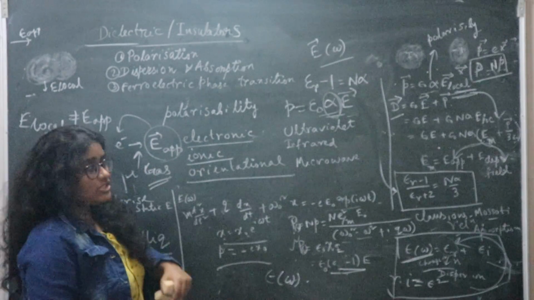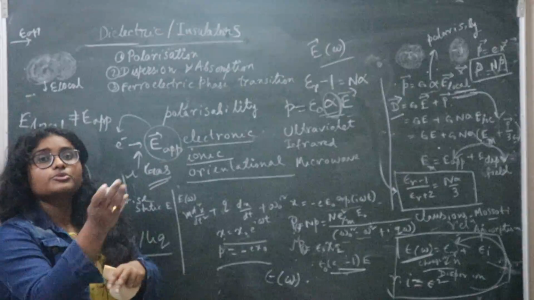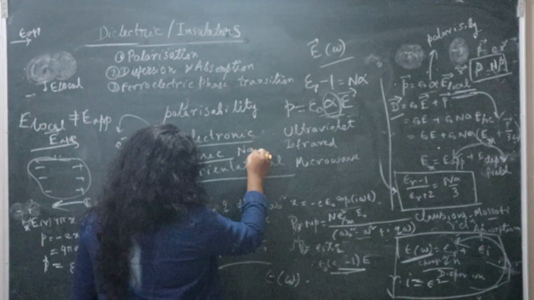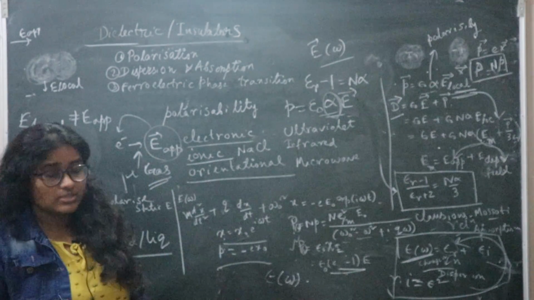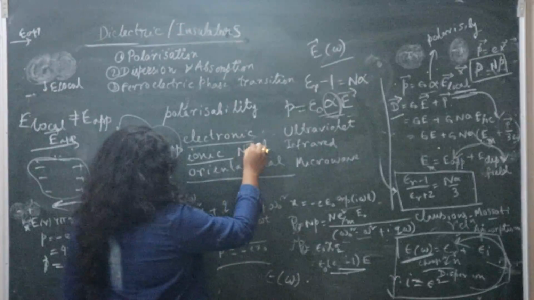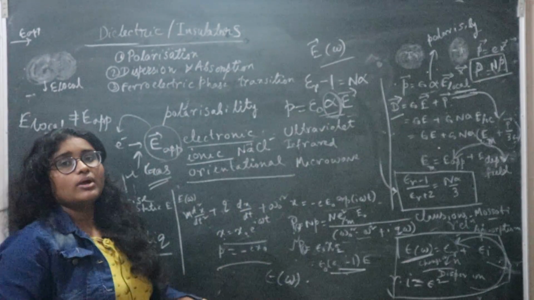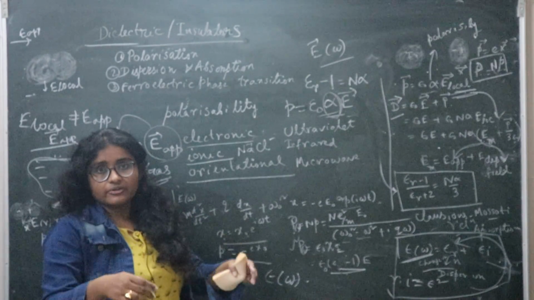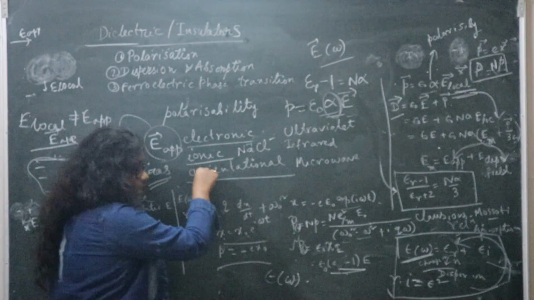Now ionic polarization, similarly, is the displacement of ions which contributes to the polarization. Suppose NaCl, sodium chloride: the sodium ion and chloride ion, Na plus and Cl minus, exist in their cubic lattice structure. You apply the electric field and the displacement of the ions will further contribute to the polarization. So it is the ionic polarizability.